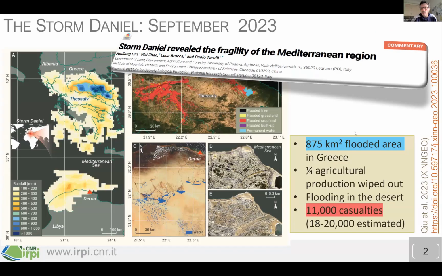Everybody living in Europe has probably heard about this huge storm, Storm Daniel, in September 2023.